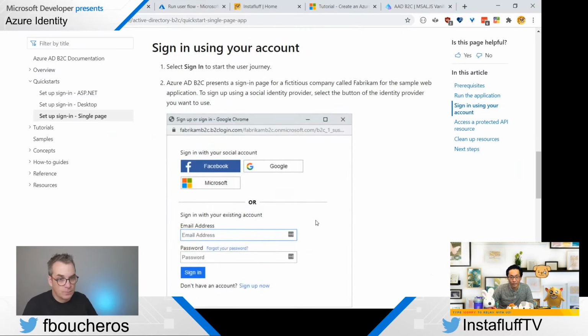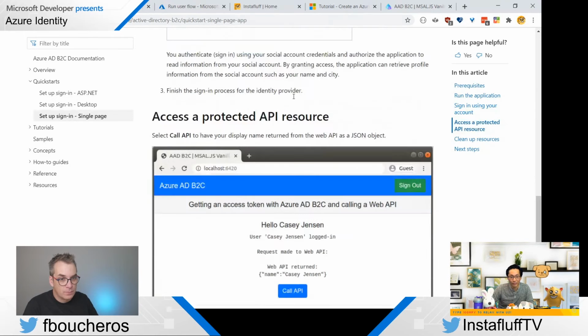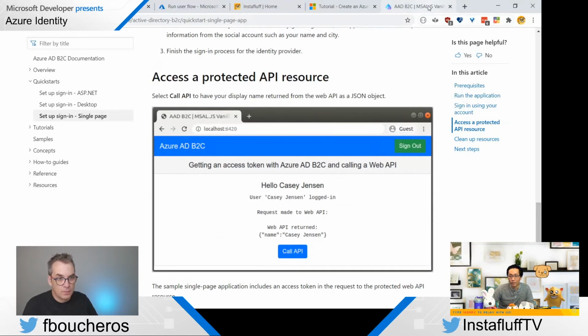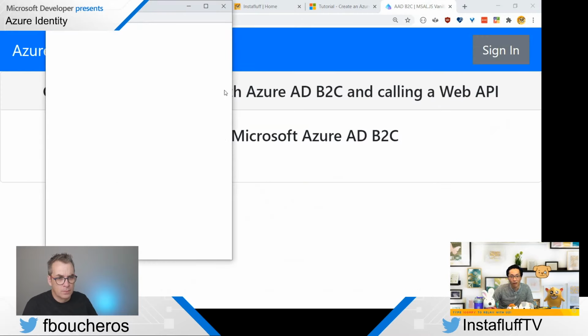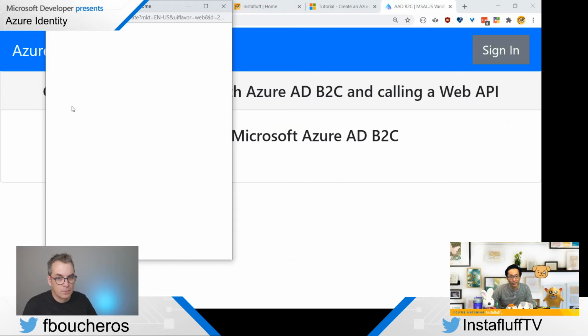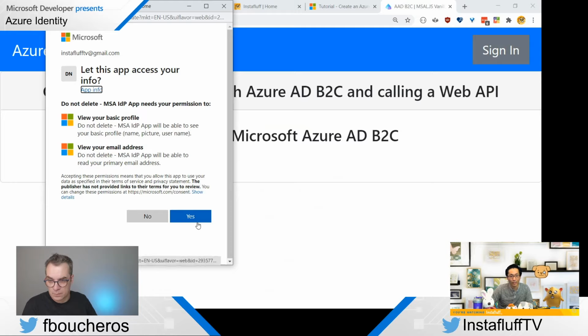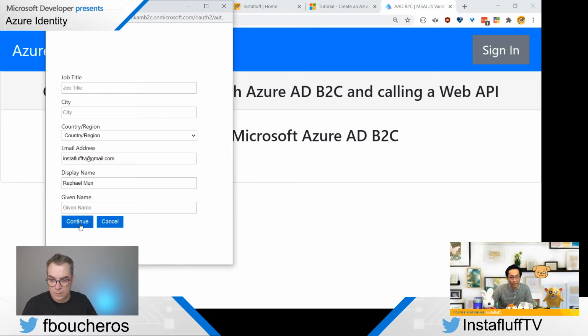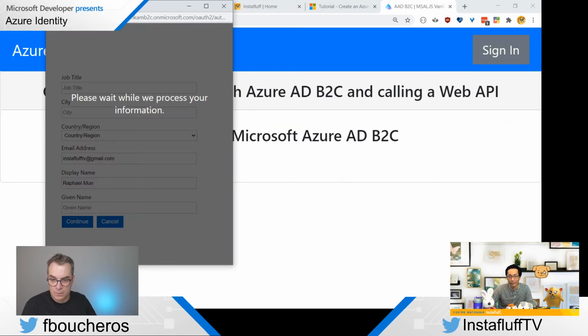Ooh, sign in using your account, and have protected resource and clean up resources. I wonder if this actually works. This is for their thing, right? So like, and do like Microsoft login. Yes. Okay. Instafluff.tv. All right, generate title and continue. Ooh, I'm logged in.